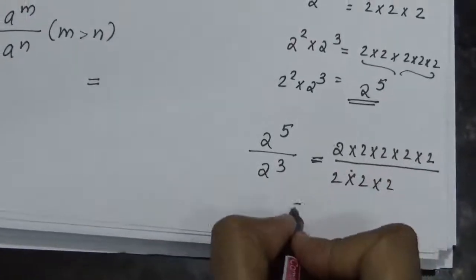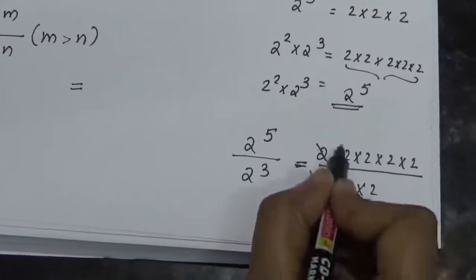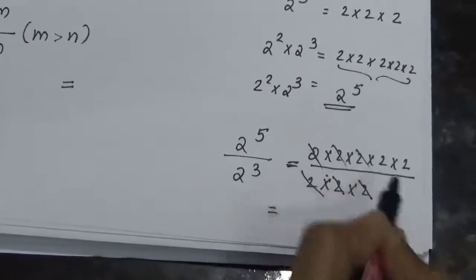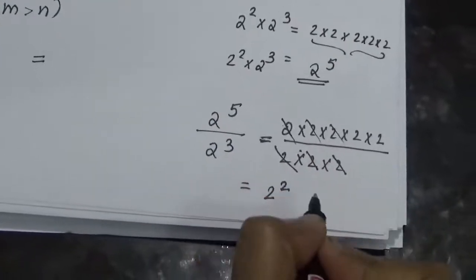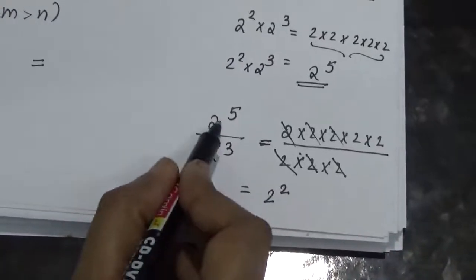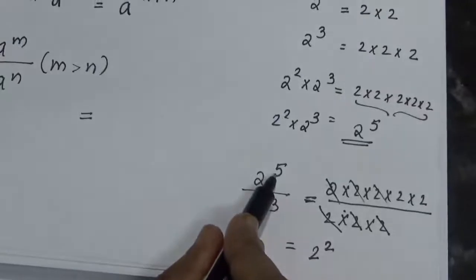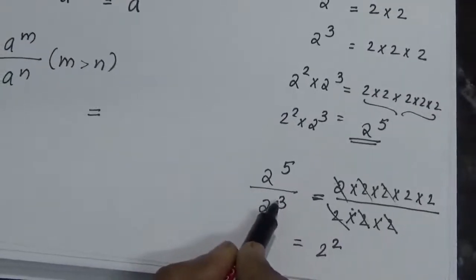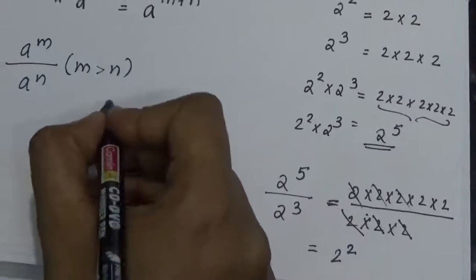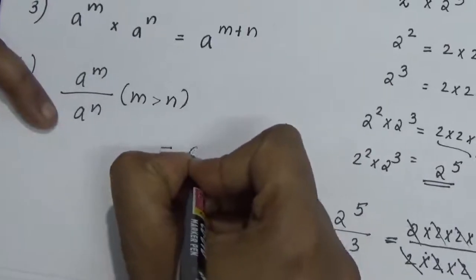So you can cancel 2 from both numerator and denominator, this 2 from both numerator and denominator, and this 2 from both numerator and denominator. You will get 2 into 2, which is the same as 2 square. So we got 2 raised to 5 by 2 raised to 3 is equal to 2 square, if the numerator's exponent is greater than the denominator's exponent. In that case, you can see the relation: a raised to m by a raised to n is equal to a raised to